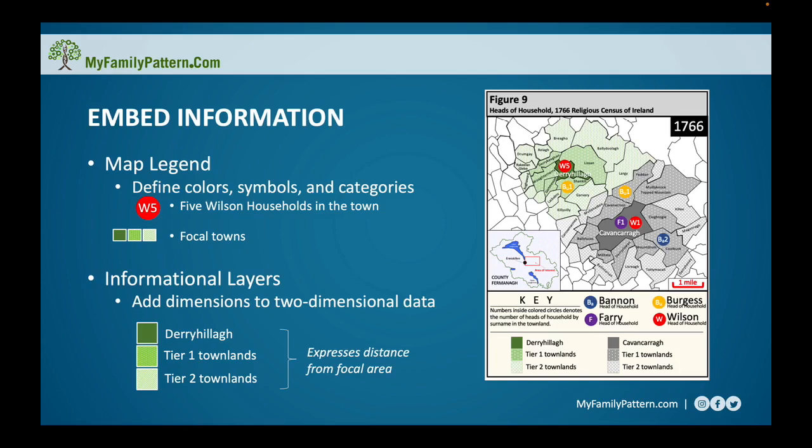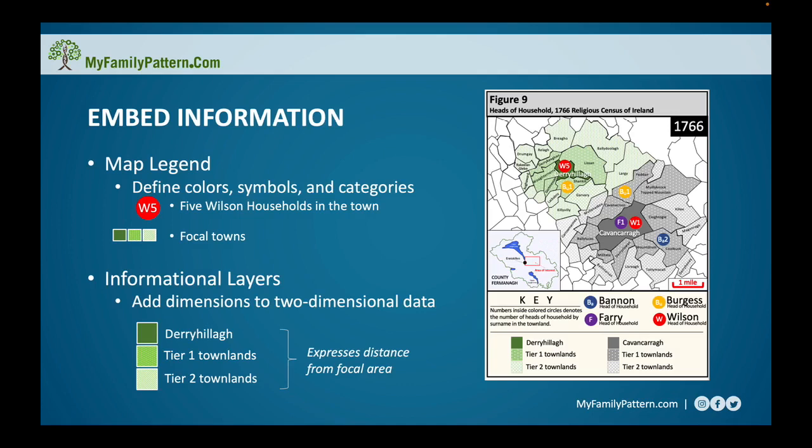But what I wanted to emphasize, in terms of distance away from that central town of Derryhila or Cavankara, there were towns, or really, in this particular instance, rural areas that were subdivided, and there are some that ring or encircle Derryhila and Cavankara, and I wanted to provide visual emphasis to where those are,